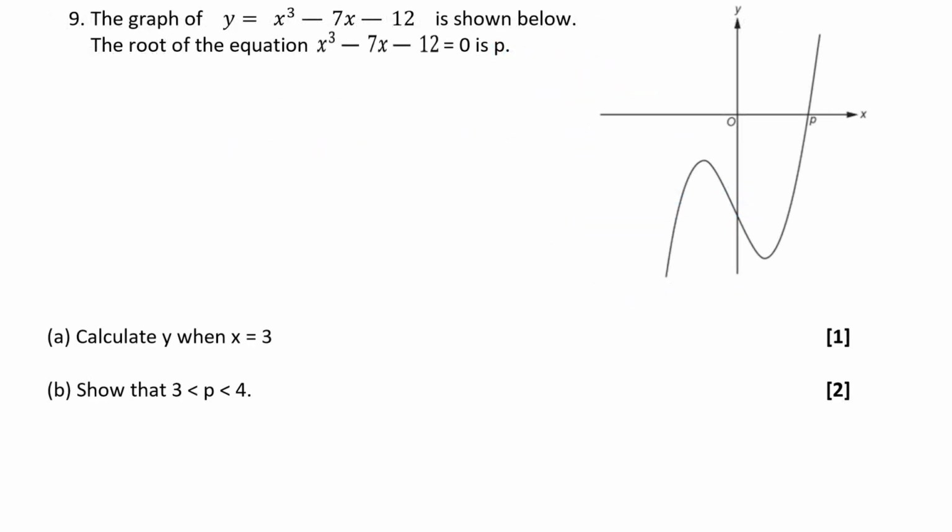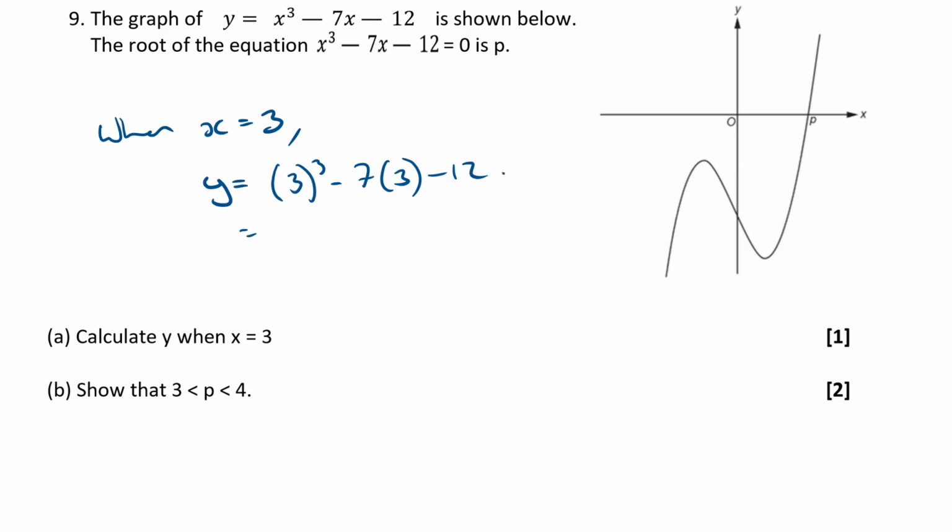Question 9. The graph of y equals x cubed minus 7x minus 12 is shown below. The root of the equation x cubed minus 7x minus 12 equals 0 is p, and we need to calculate y when x is 3. Okay, so when x is 3, what's y? y is going to be 3 cubed minus 7 lots of 3 minus 12, which is equal to,